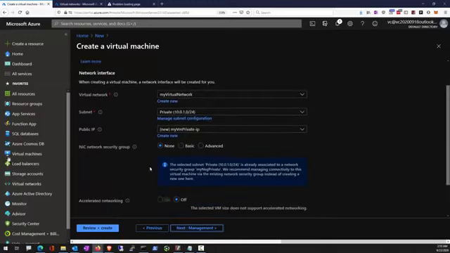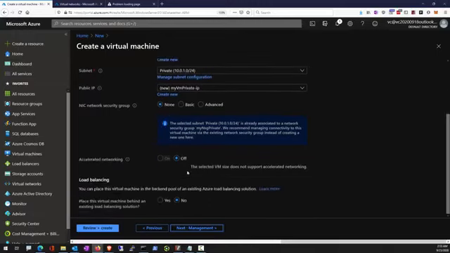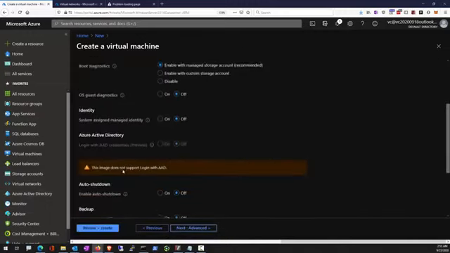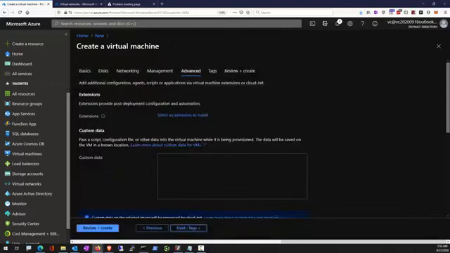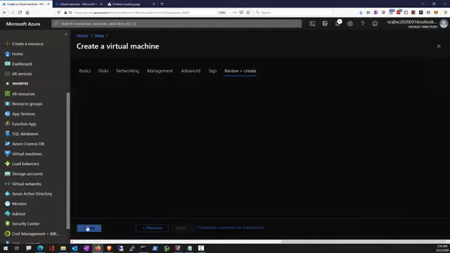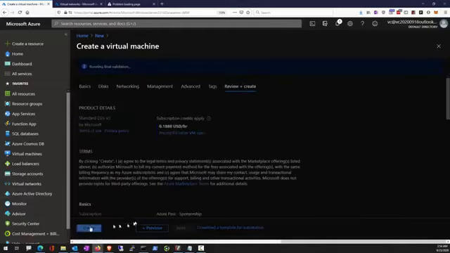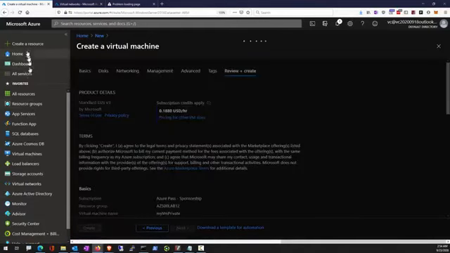All right. We're going to give it a public IP, and no security group applied directly to the NIC. We're going to test the subnet NSG. All right, I'm going to keep everything at default here. Create that. All right, once it's on its way, we're going to create a second virtual machine, but on the